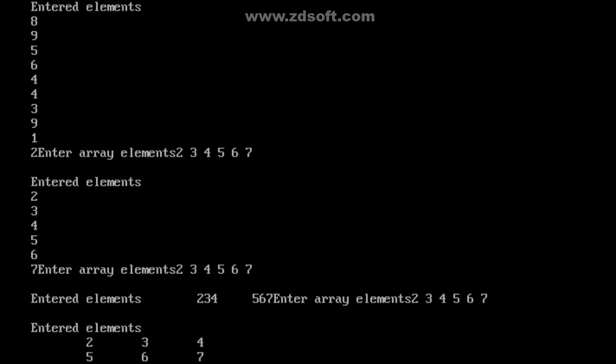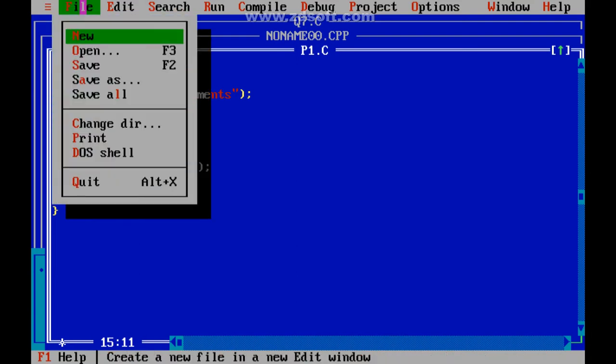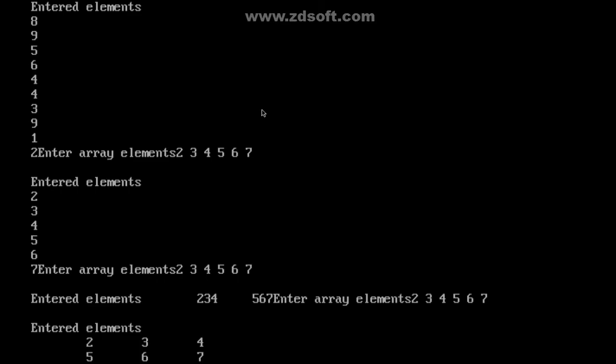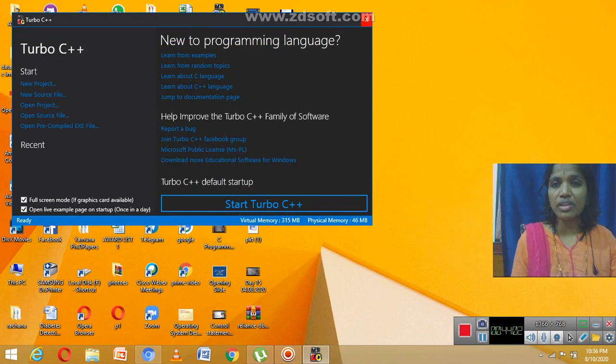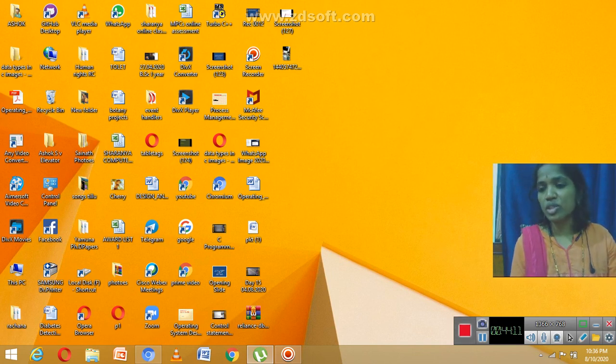A multi-dimensional array takes any number of dimensions. Okay, so hope you have understood this and hope you have enjoyed this session. We'll continue with the next 2 important questions, matrix addition and matrix multiplication, because as we have learnt arrays, we can continue with matrix addition and matrix multiplication, which is very important for your university examination.